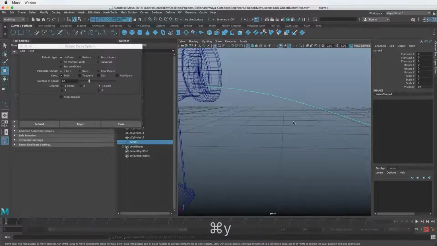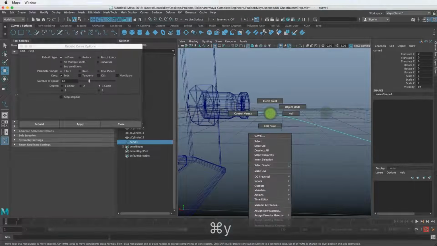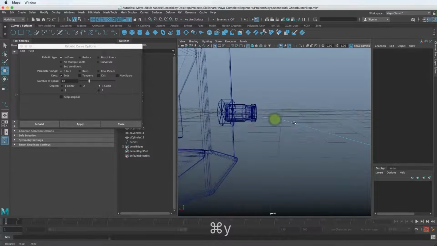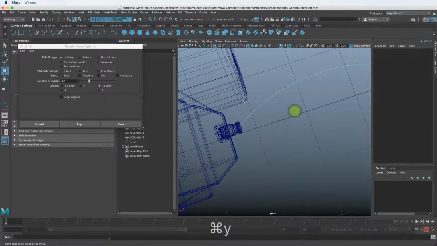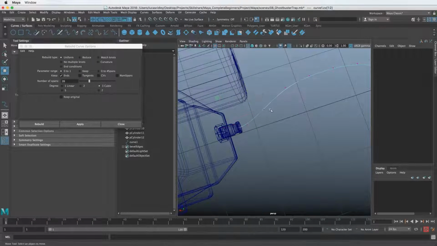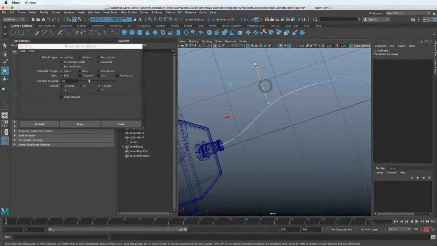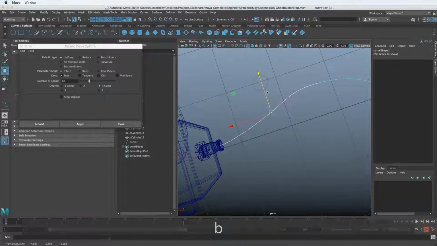So I'm going to redo it, and you can see how that kind of curves and finishes it out. But the only issue is now when we go back into control vertex, there's a lot more vertices to control. So it's good to get this working before you add a ton of vertices that you then have to control.